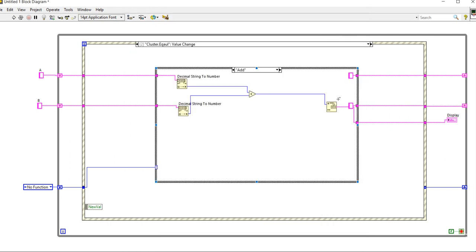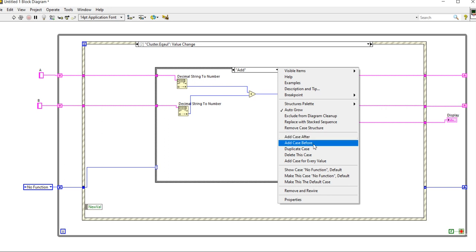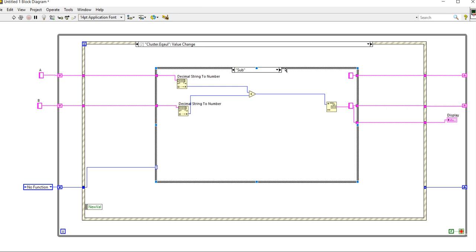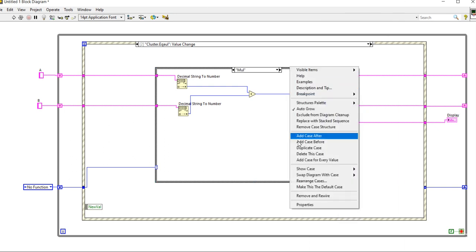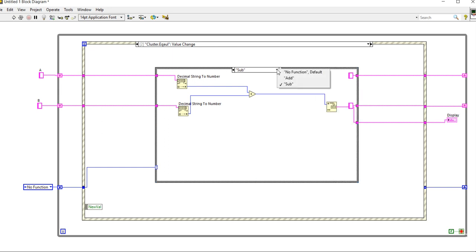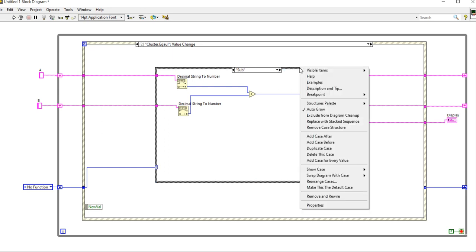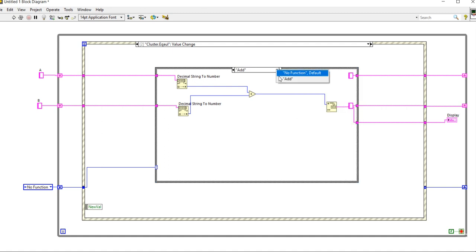So let's try to run another case for the subtract and divide. So right click, duplicate case, subtract, right click, duplicate case, multiply, duplicate case, divide. So add, subtract, multiply, divide.